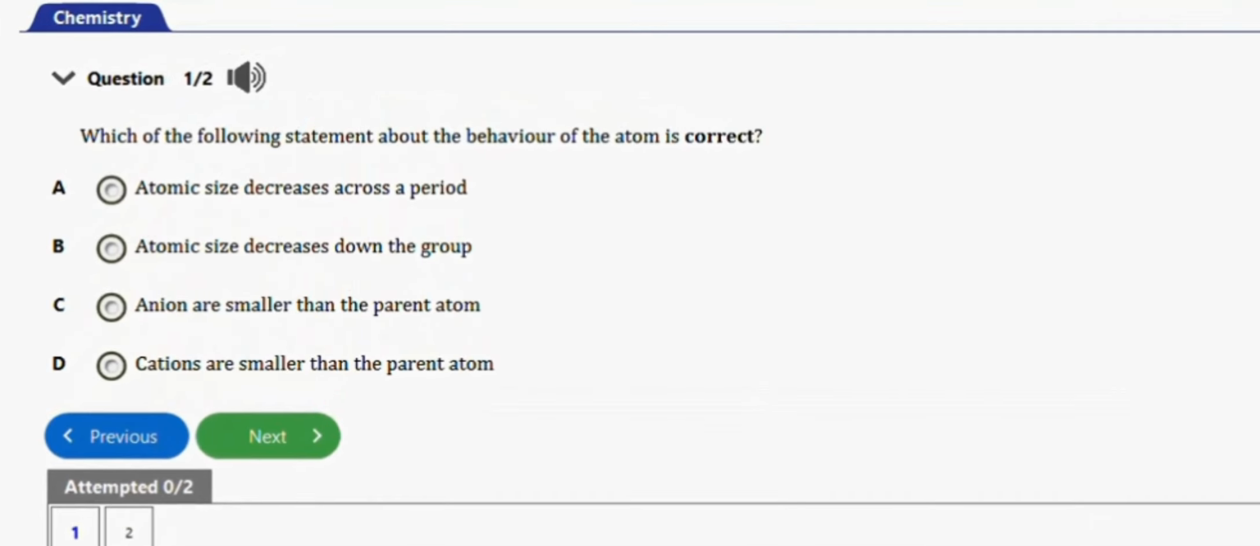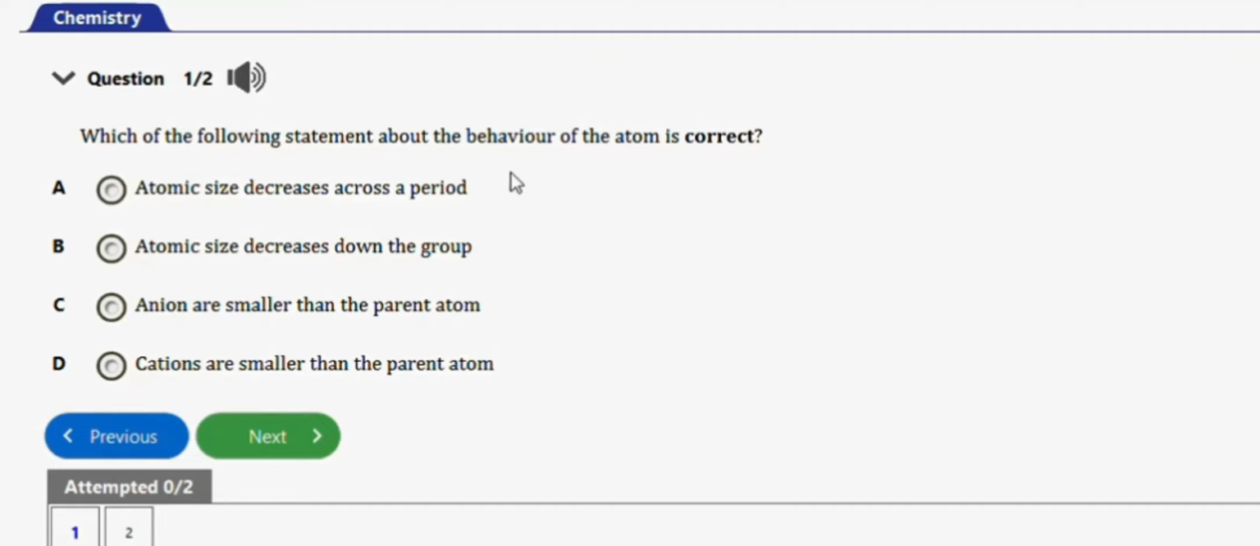In this video, we're going to learn how to solve these chemistry problems under periodicity of elements. So guys, we have two repeated questions to practice with in this video under periodicity. So let's get started. The first question I have here says, which of the following statements about the behavior of